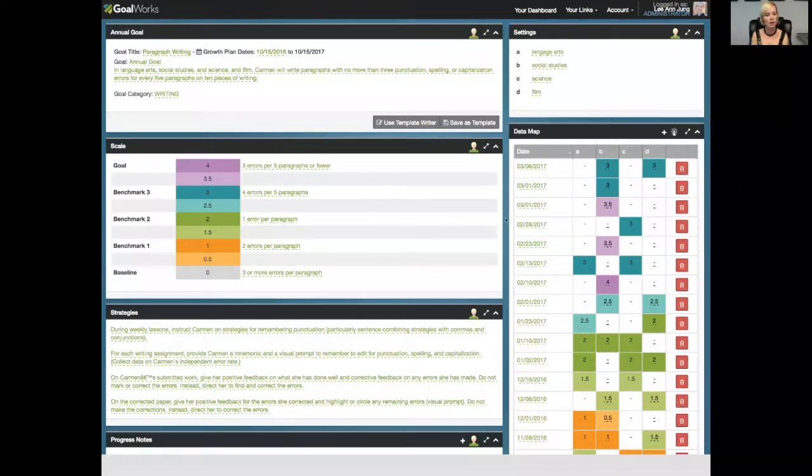You can see that our goal attainment scale has 9 points on it. It moves from 0 to 4. 0 is baseline. 4 is the annual goal. The reason that we have 9 steps on our goal attainment scale is because there are 9 months in an academic year. And so we have calibrated our scale so that students are expected to move 1 box per academic